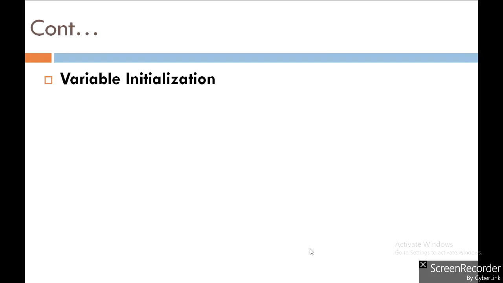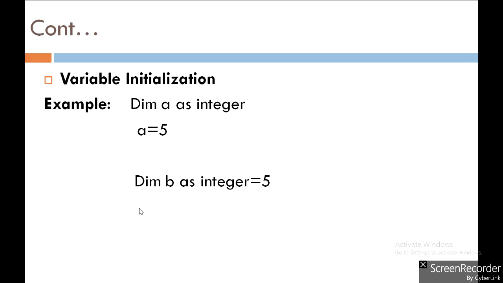Now next is variable initialization. Here I declared one variable a with integer data type, then I assign a value to variable a at compile time, so I write a = 5. In .NET, we can also write Dim b As Integer = 5 in one line statement.